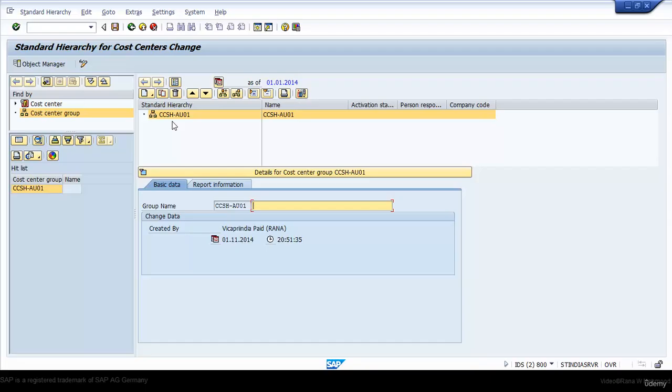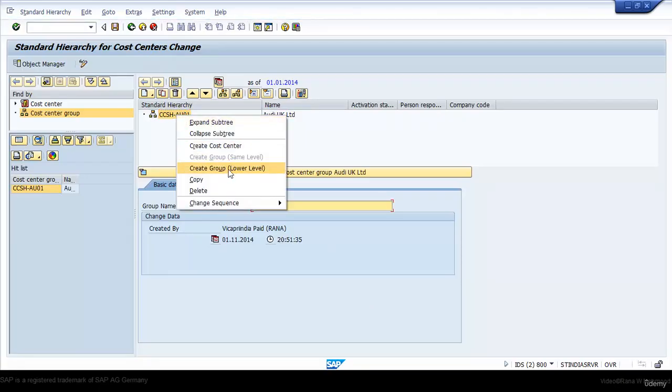Now you can create the groups under the hierarchy, whatever your cost centers within the company are. This can be done through the client's requirements. You have to understand and write down whatever the client requirement is and then create the cost center. First you give the name of the hierarchy. So let's say it is OD Limited, and the name will be changed. Then click this button and create